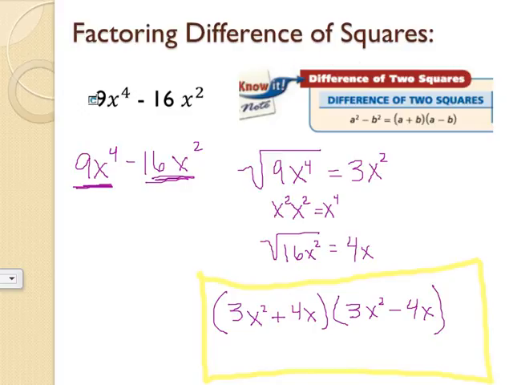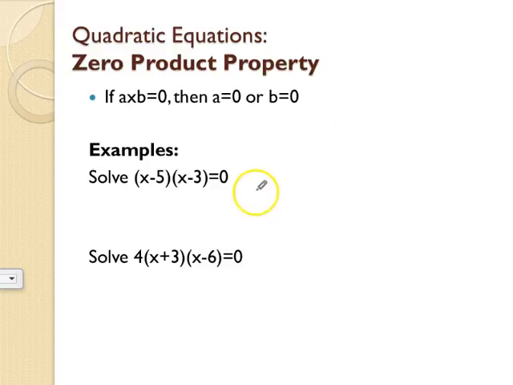I'm going to go on to this next slide, so if you need more time, go ahead and click pause. And then, as you get to the end of this week, after you finish up the polynomials unit, we're going to start the quadratic equations unit. A brand new unit in Edgenuity, and the first thing we're going to learn about is the zero product